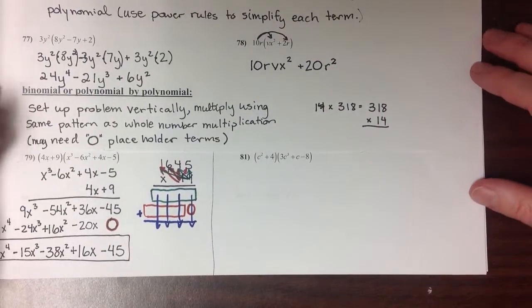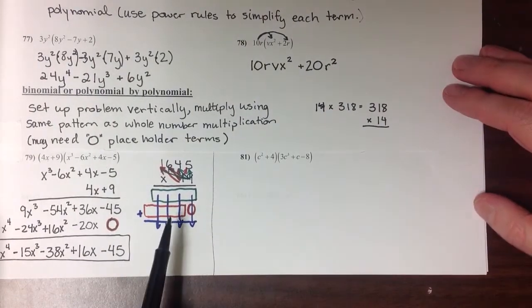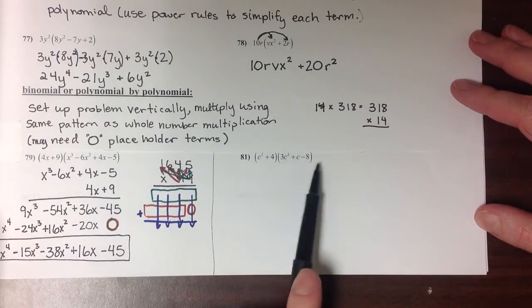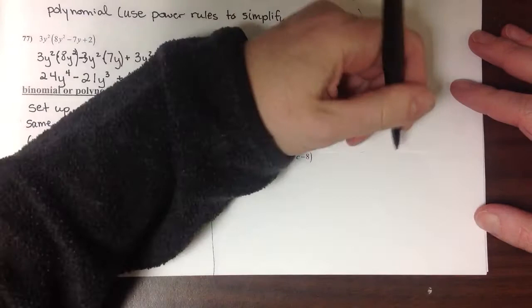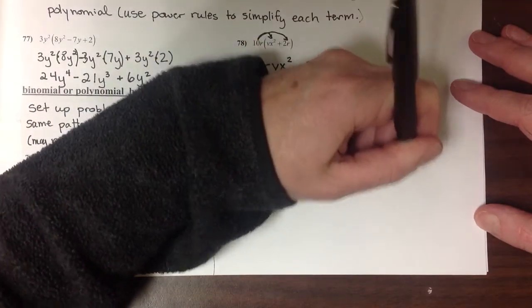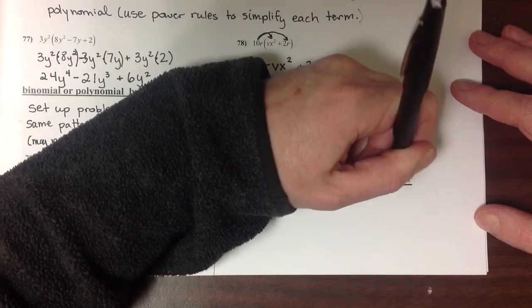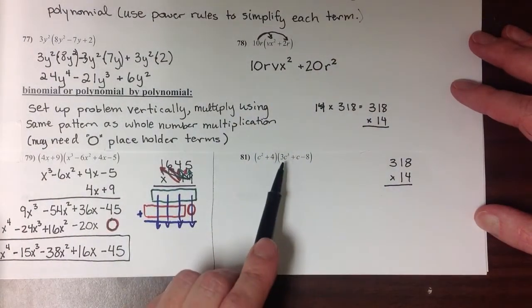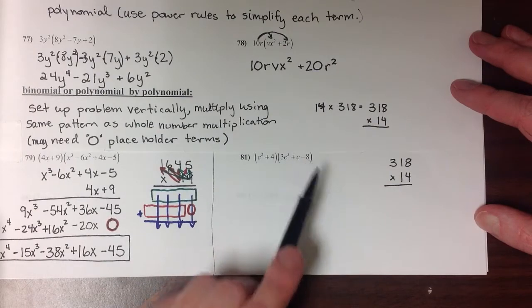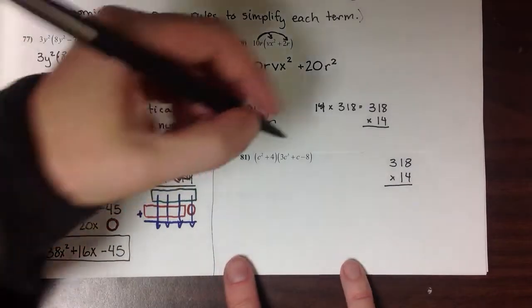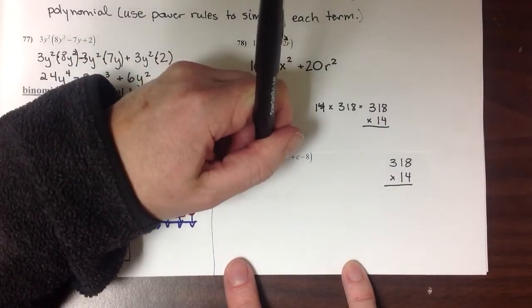This next example is going to follow the same format as the one we just did over here. Thinking of just the leading coefficients, this polynomial is going to resemble the multiplication problem 318 times 14, because we have leading coefficients of 3, 1, and 8, and 1 and 4. So setting up our multiplication for this,